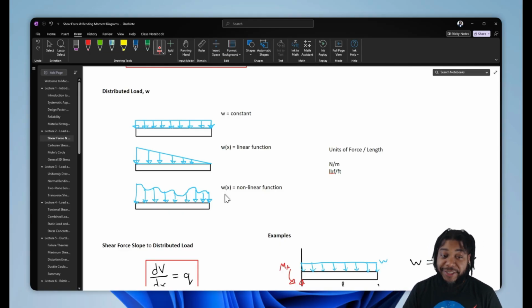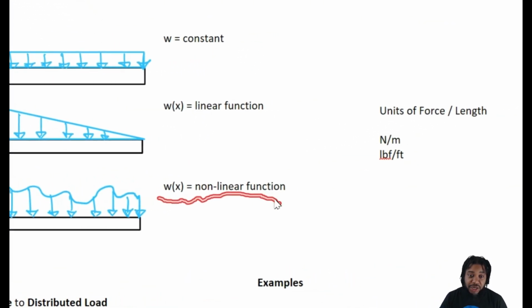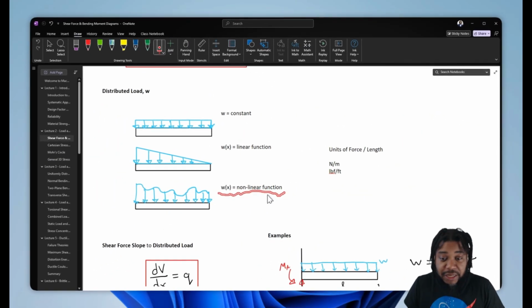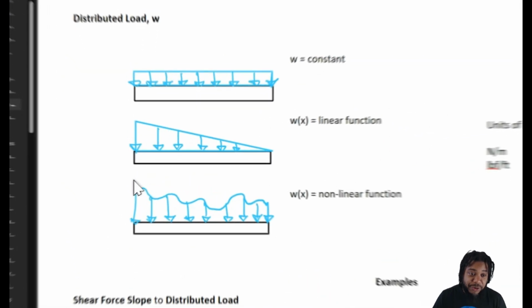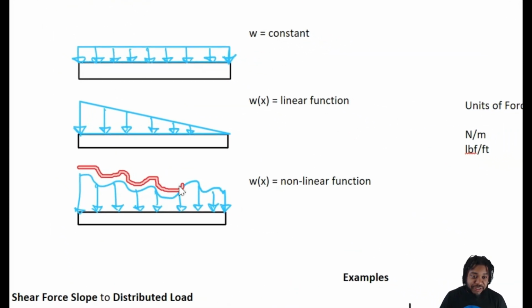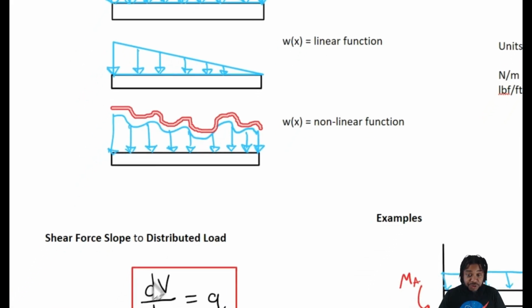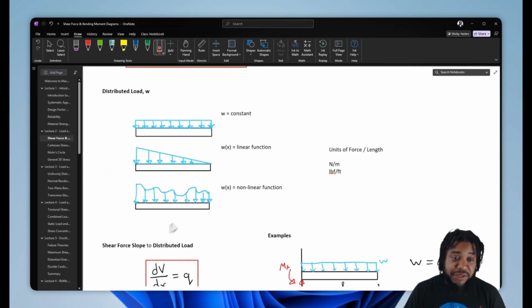The most realistic distributed load, but also the hardest to deal with, is when the distributed load is a nonlinear function, meaning it's like an exponent or a polynomial or some crazy equation. That's where the distributed load can just kind of change dynamically over the length, and it's usually in the form of an equation. This is a little bit more difficult to handle, but we have ways of dealing with these